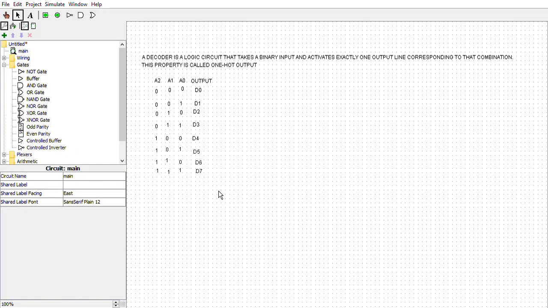Hello everyone, welcome to another exciting lesson on decoders. Today I'll be explaining the 3 to 8 decoder, which is an essential combinational logic circuit used widely in